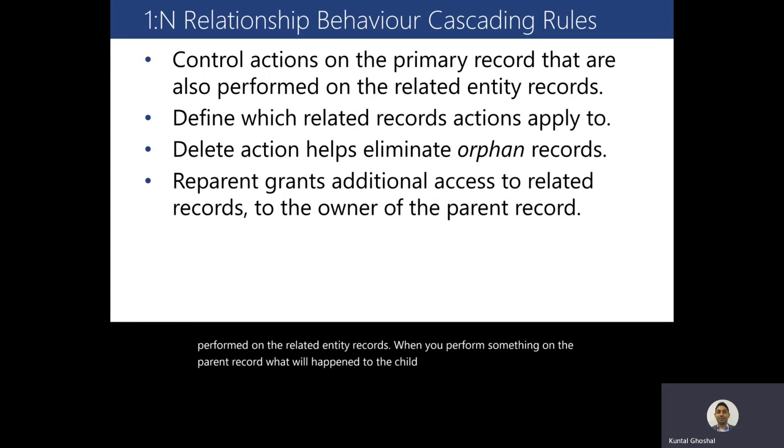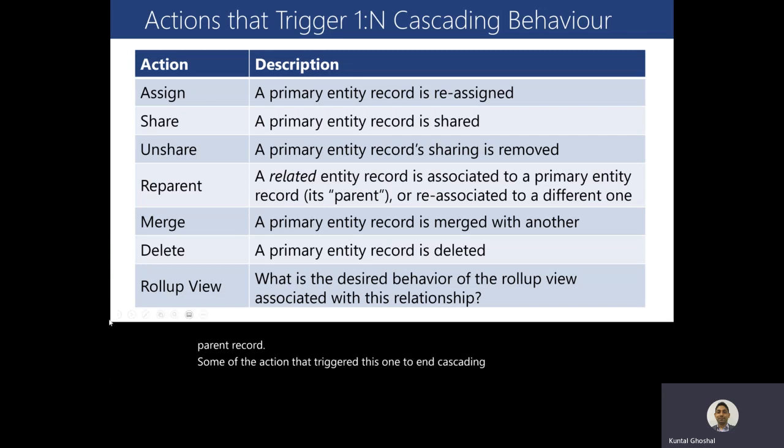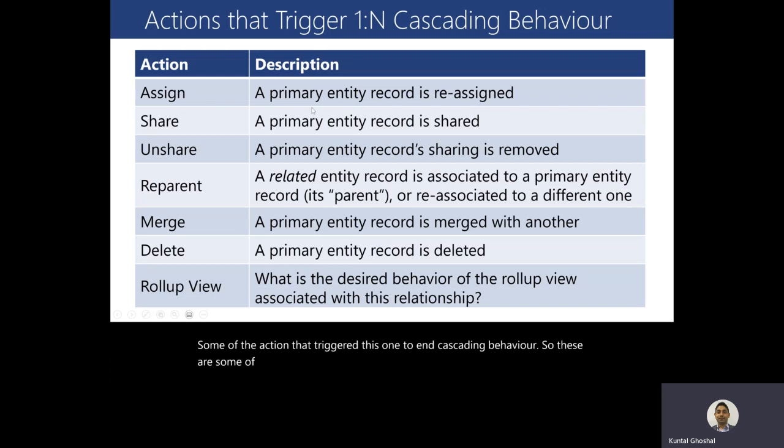It also makes sure that there are no orphan records in the platform. So when you are creating a parent record and a child record, you might want to delete that child record when you are deleting that parent record. Some of the actions that trigger this one-to-n cascading behavior: assign, when the primary entity record is reassigned; share, when the primary entity record is shared; unshare; reparent, when the primary entity record